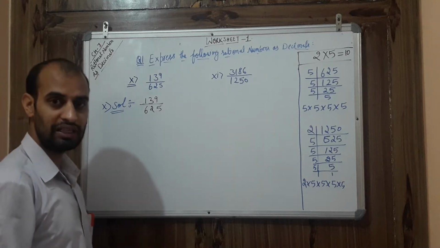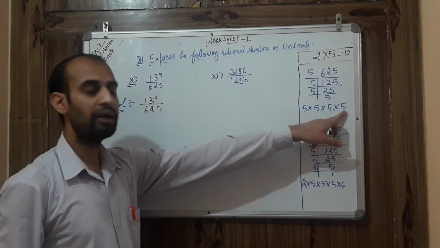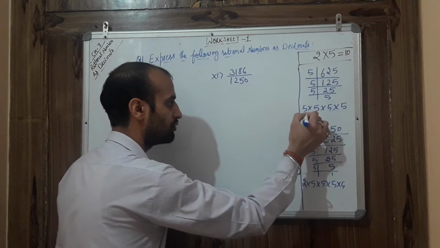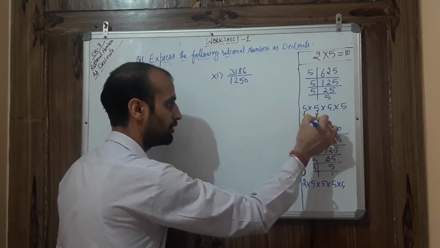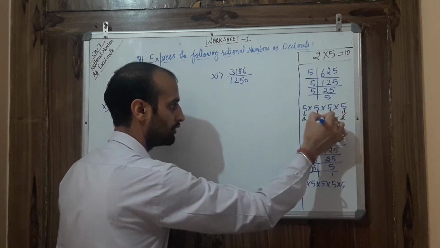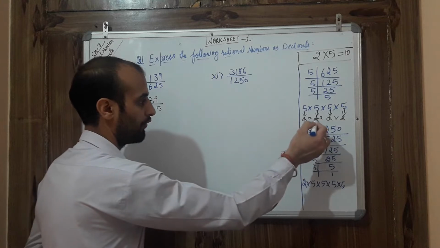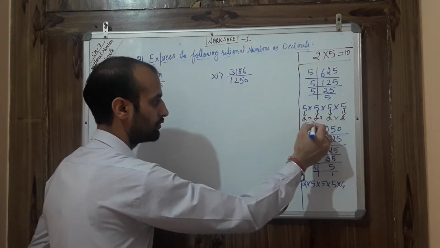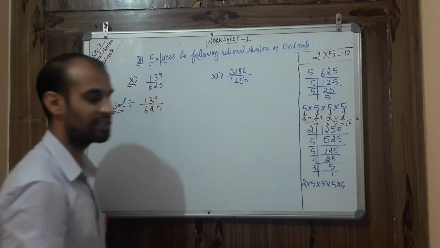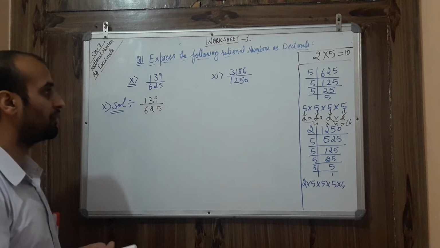So as I told you in the last video too, if you have 5, how can I convert 5 into a 10? We need to multiply by 2. So how many 2's are required here? 1, 2, 3 and 4. 4 times 2 is required. So what would be the answer? 2 twos are 4, 2 fours are 8, and 2 eights are 16. That means 16 is the number required to convert the denominator into the form of a 10.